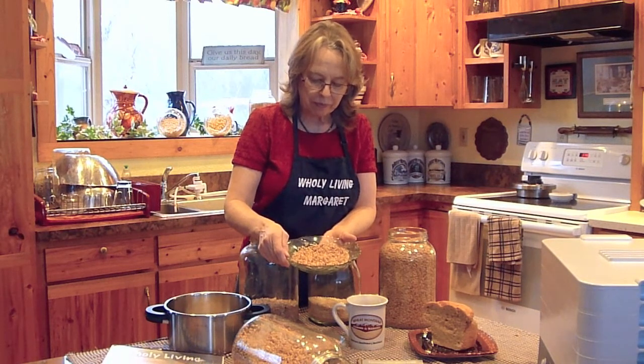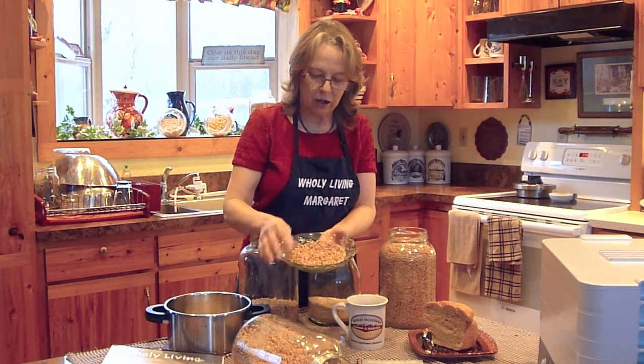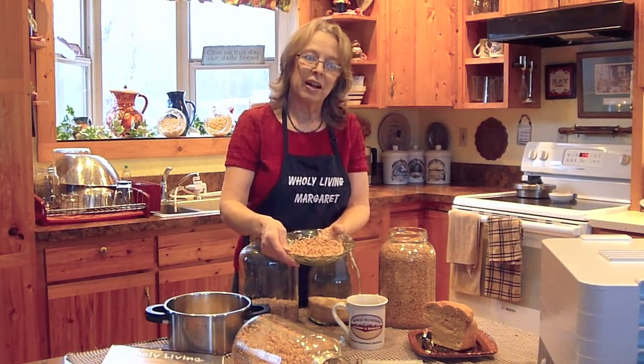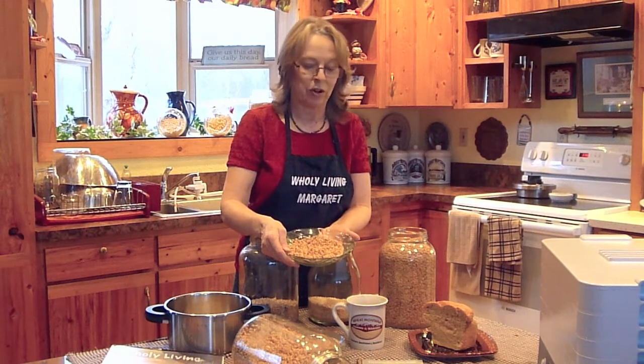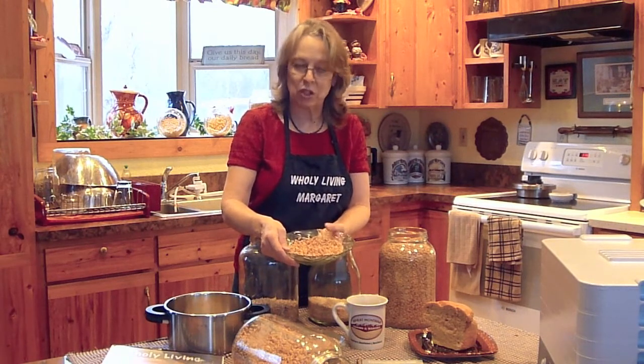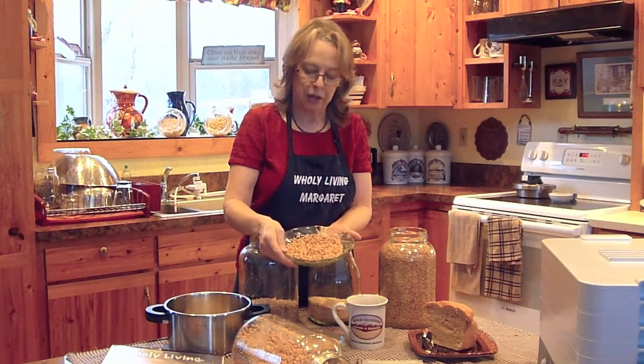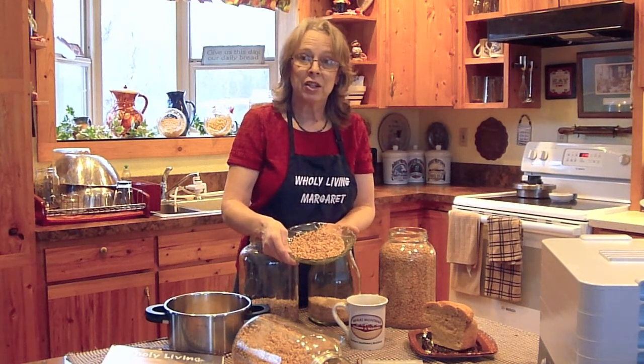And so when more of these ends are budded out, probably in another 6 or 8 hours or so, then I will just put them right into my dehydrator. I think they've probably been rinsed enough times that you don't need to run them through the colander. You can just go right from the jar to the dehydrator. And there you will have sprouted grain